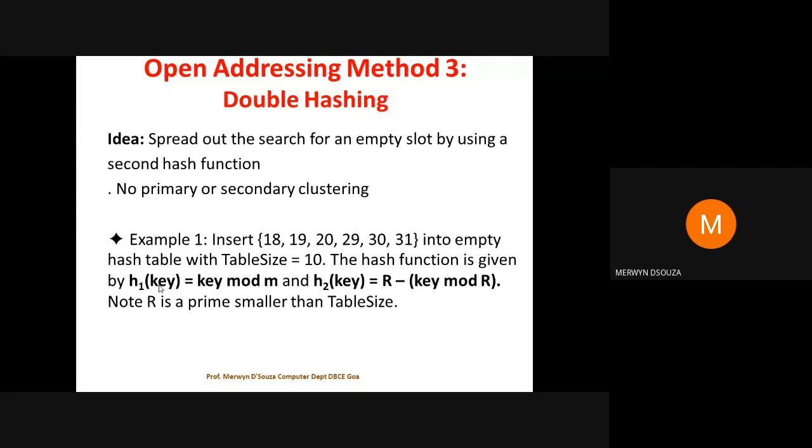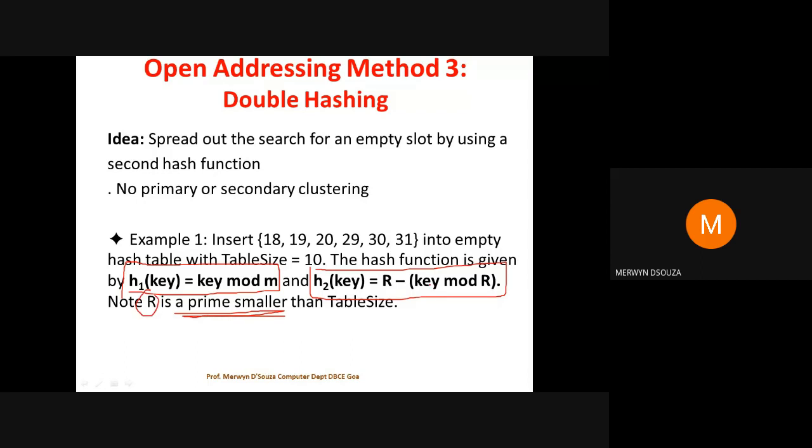Okay, so let's take this data and see how to apply two hash functions. This is a good example here. See, this is the division method hash function, okay? And this is some other math function that is given to you, where r is a prime number. It's given to you what is r. R is a prime number.